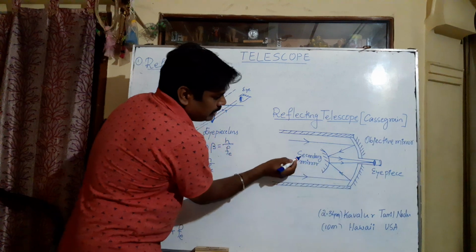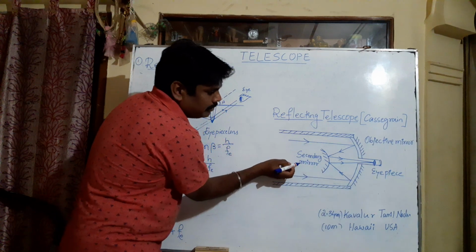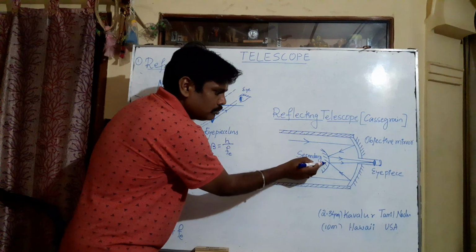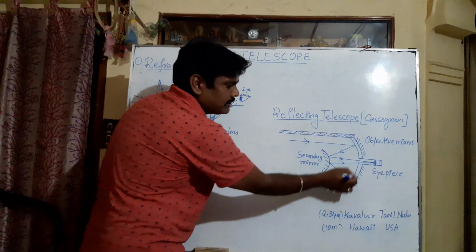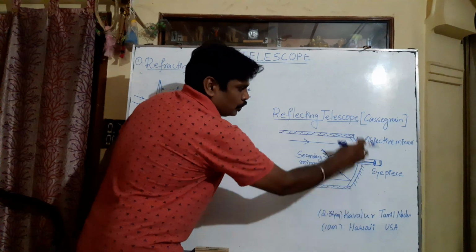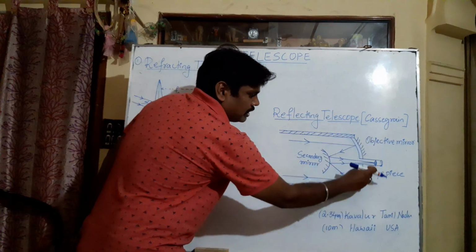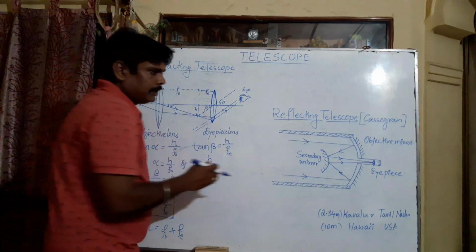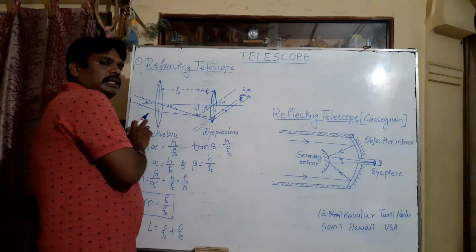And another mirror is used here. It is a secondary mirror, as we call it. This is a convex mirror, you can remember. This one is the convex mirror and this one is the concave mirror. It is fixed at one end of the tube. And for this, there is no large surface area available which can be held physically.